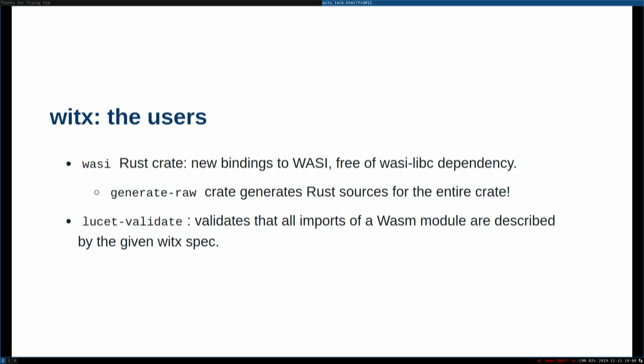And then one last one that I and my team have worked on is Lucet Validate. So Lucet is, rather than a JIT, an ahead-of-time compiler for WebAssembly. And so we want to be able to validate a WebAssembly module, that it fits a certain specification, before we compile it and then try to load it into our runtime and discover on a totally different computer that it doesn't happen to be compatible.